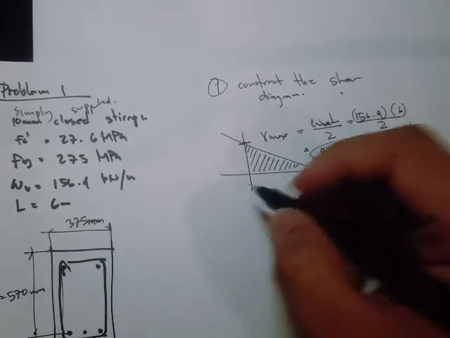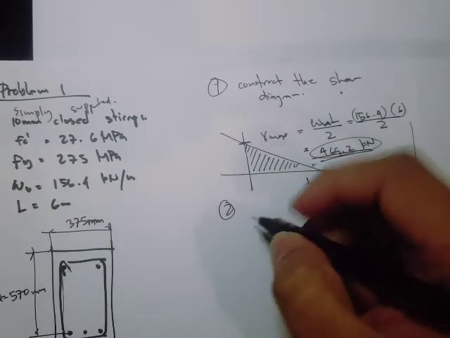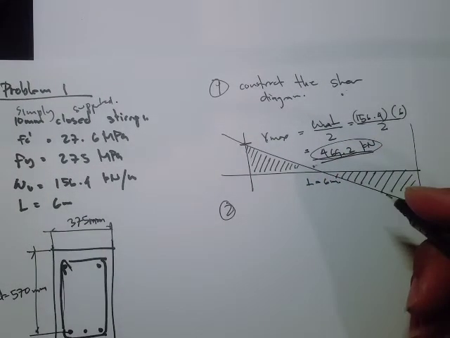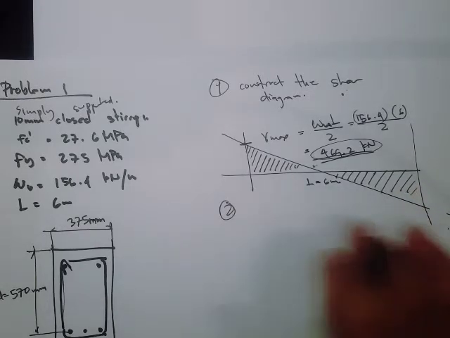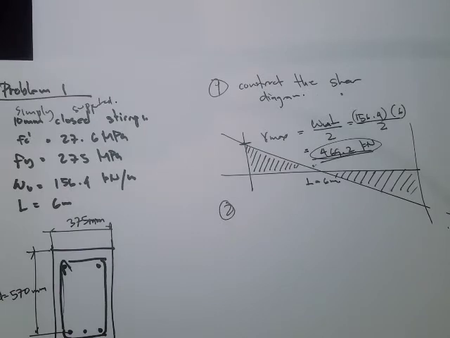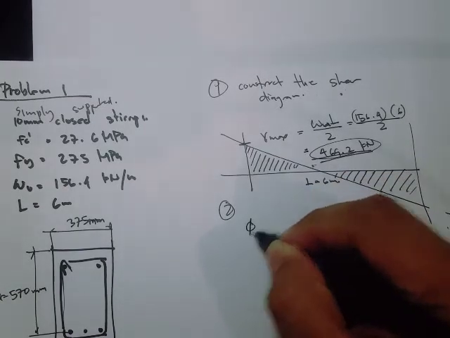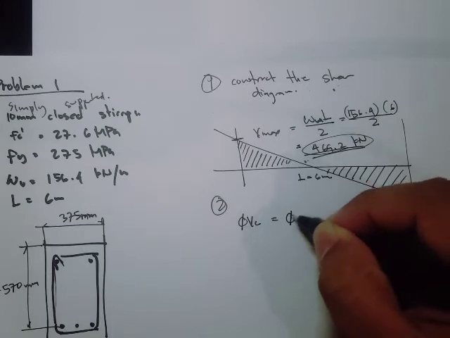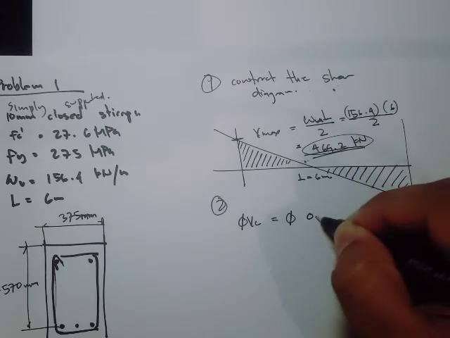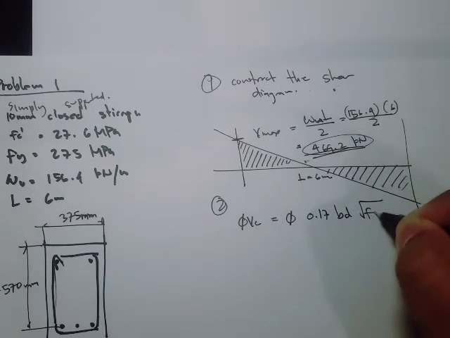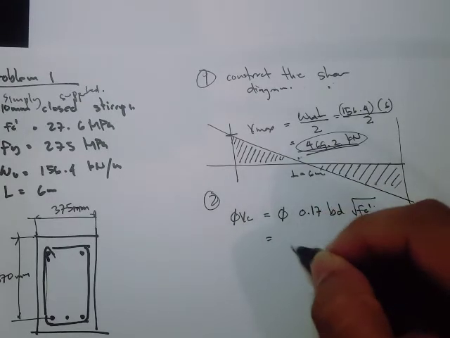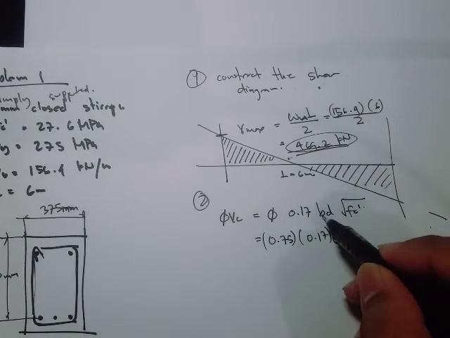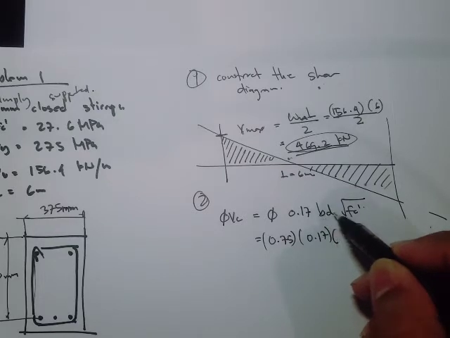After determining this, we have to determine the points: the phi Vc and one half of phi Vc, because that's going to show the shear regions along the beam length. So now let's solve for phi Vc. Our equation here is the strength reduction factor times 0.17 b d square root of f'c. If you substitute the values, we have 0.75 times 0.17 times b, in millimeters for both b and d,